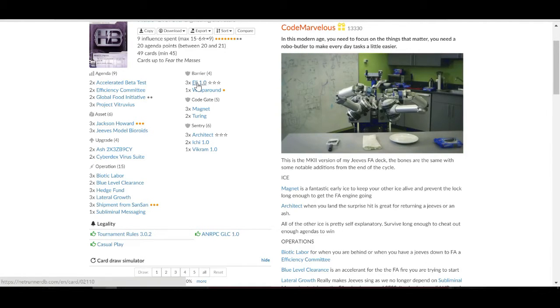You've got Eli. There's a reason that's on the most wanted list. Same with Architect, which is great if you can get back your Ash or you can get back your Jeeves. And then you've got things like Magnet, just in case you're worried about parasites. Ichi, Vikram, all good. In terms of operations, you've got exactly what you'd expect: biotic labor, blue level clearance to